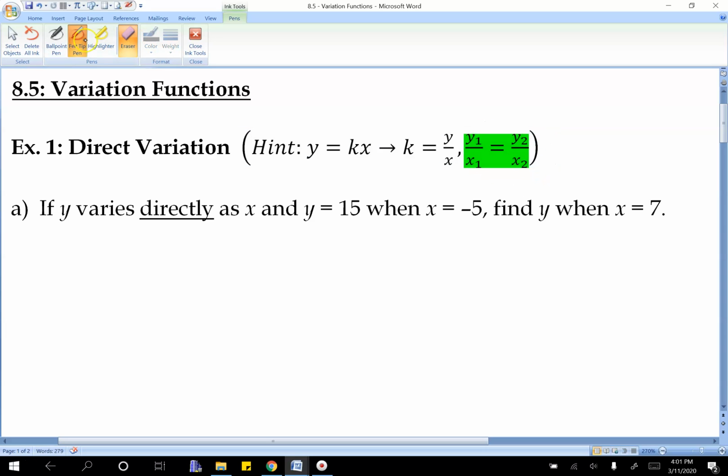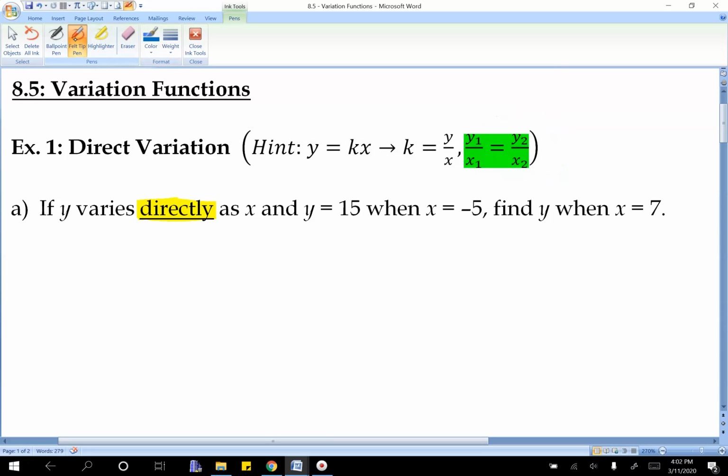We're always going to be missing a particular variable. They're going to give us at least 3 out of 4 or 4 out of 5 and so on, so we're looking for keywords here. If we look at the first example, it says if y varies directly. If it says directly, we're going to use this formula. So it says if y varies directly as x. So right away,